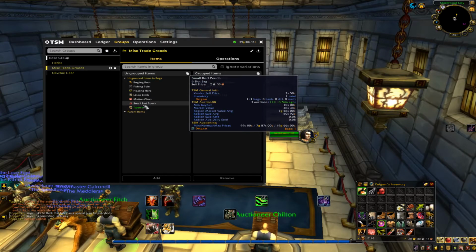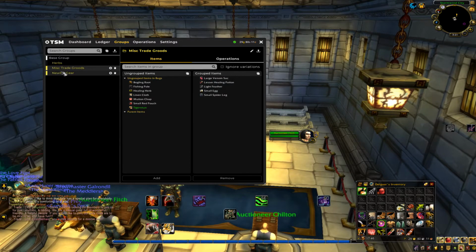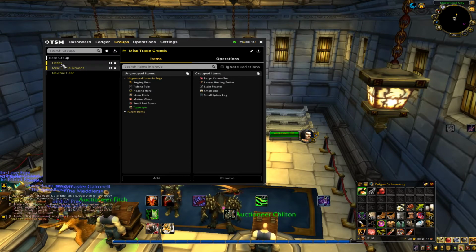I could sell this, the pouch, but as you can see, it has a pretty low region sale rate of 0.05. And right now it's selling for 10 silver. There's 3 auctions up. I'm just going to hold on to it in my bank. I don't think that this is worth selling. I don't think people are going to buy this. Maybe, but probably not. The Tiger's Eye, I might just do and put in...